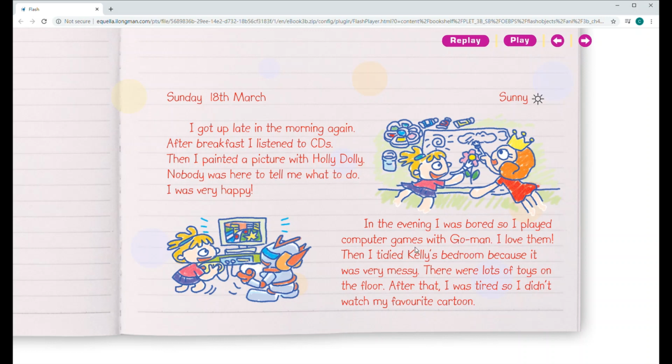Lucy's love for the computer games is not only in that evening. She loved the computer games all the time. Alright? And also you can notice some ed words like bored and tired. These two are not past tense, but they are adjectives. Okay, so you need to remember that some ed words are past tense and some ed words are adjectives.